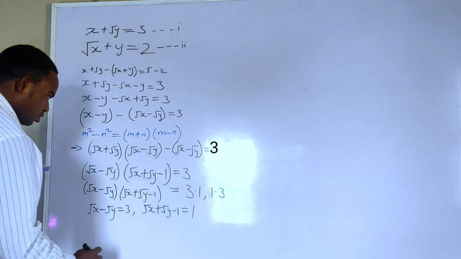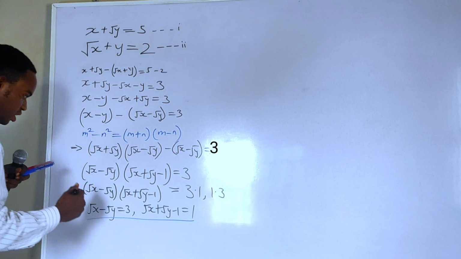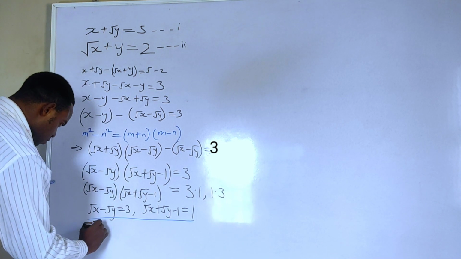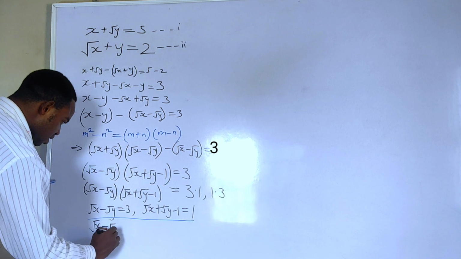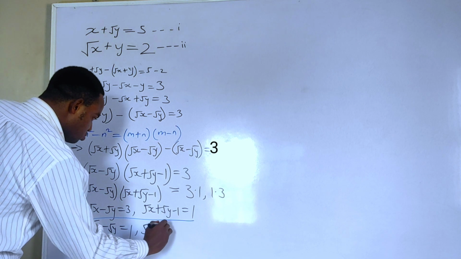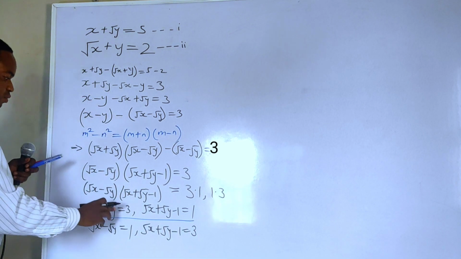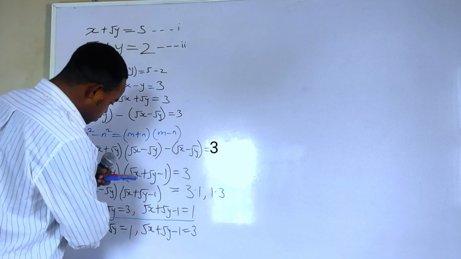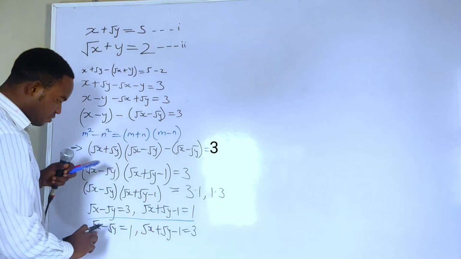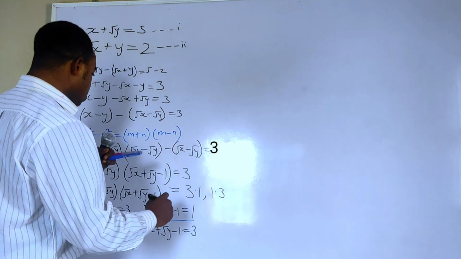We'll take this as the first set of equations. It can also be that the square root of x minus square root of y is equal to 1, and the square root of x plus square root of y minus 1 is equal to 3. From here, it's much easier to find x and y, but it would be difficult to be squaring both sides or something like that. So let